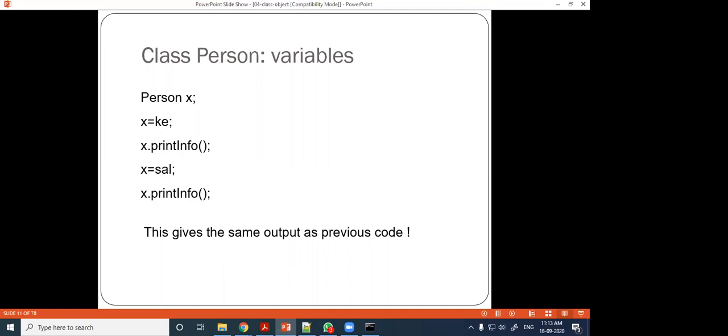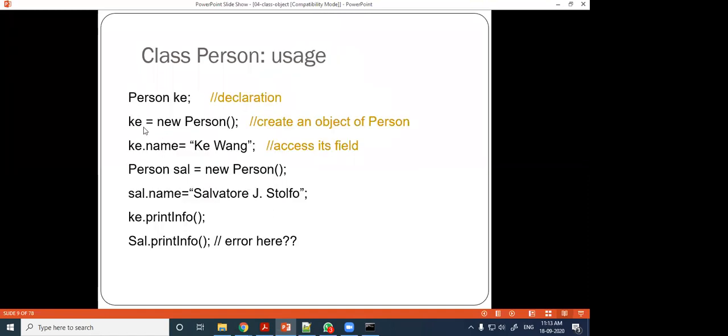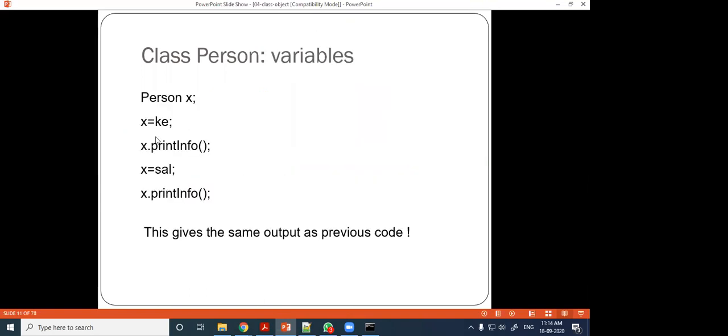Instead of reserving new space for X, remember in the previous slide for K new person space was reserved, but here X equal to K means X is referred to K. K is already referred to some memory location, so now X is referred to K. So when we use X dot print info, it will print K's info.